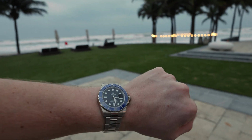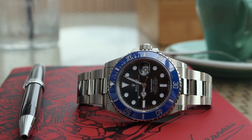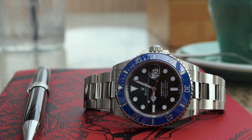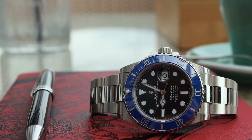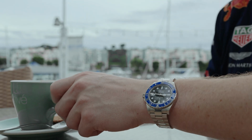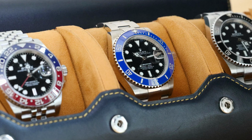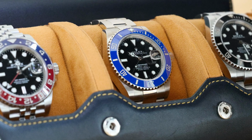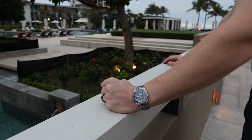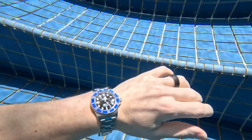How stealth is this piece is a question I asked myself going into the holidays. I don't think we can say that any Cyclops Rolex is necessarily stealth. What I'll say is that the watch 100% passes as steel, and in fact it gets less attention than my steel GMT. This lured me into thinking I was wearing a tool watch on many occasions, and I tried my best to treat it like so. But